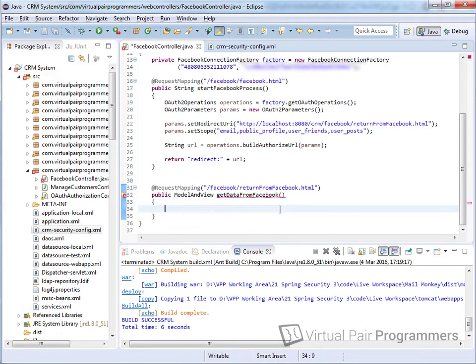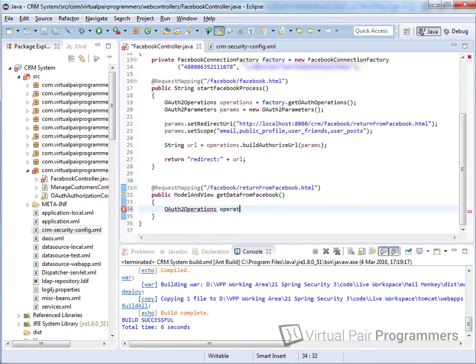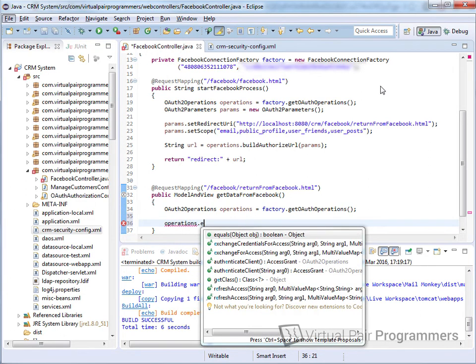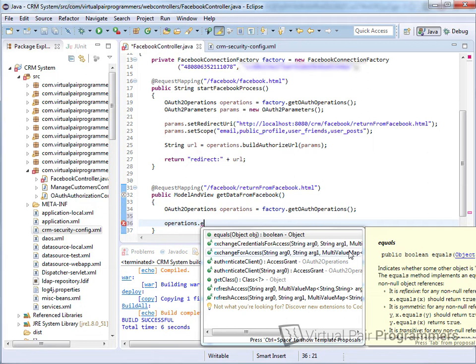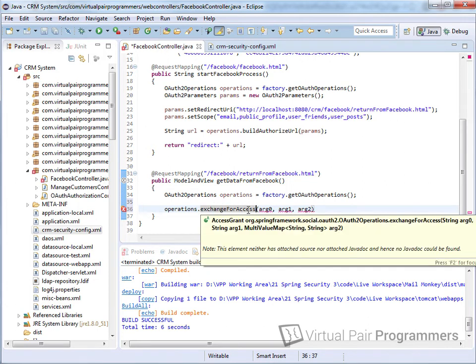To initiate leg 2 of the OAuth process, we're going to follow quite a similar process to leg 1 here. We need to get hold of this OAuth 2 operations object again, in exactly the same way. The difference this time is we're going to call the method in there called exchange for access, which at first glance is not the most understandable method name that you've ever heard, but really this method means do leg 2